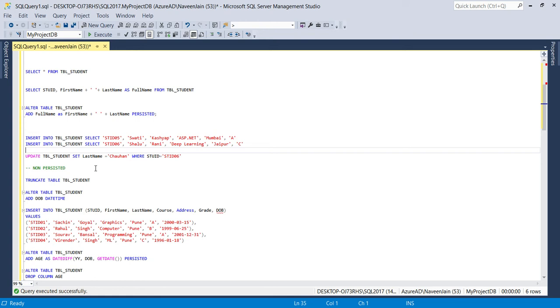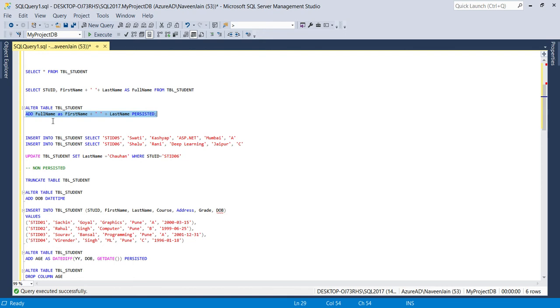That means whenever we insert any new record, or whenever we update any record into the table, the computed column gets executed and it stores the value as a physical value into the table. That means if we have a first name and the last name, immediately when we insert the record into this table, this full name will be computed and it will store the value.